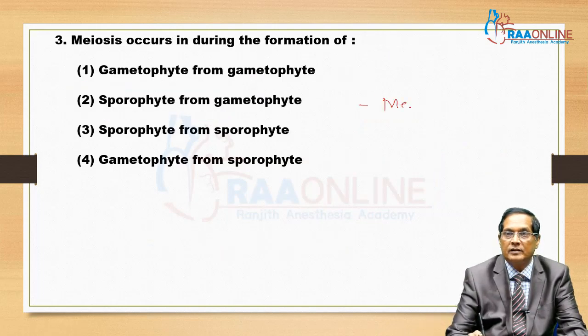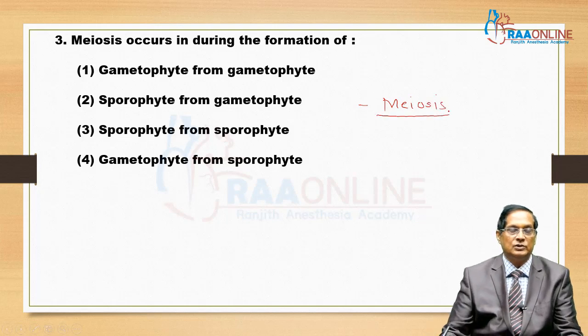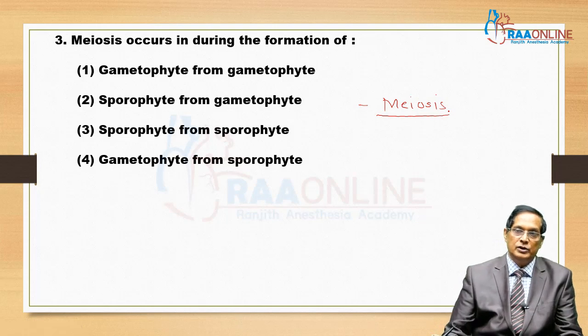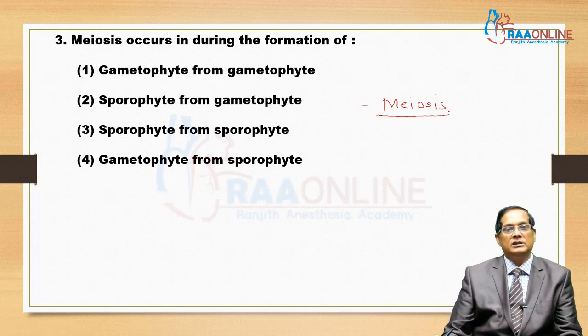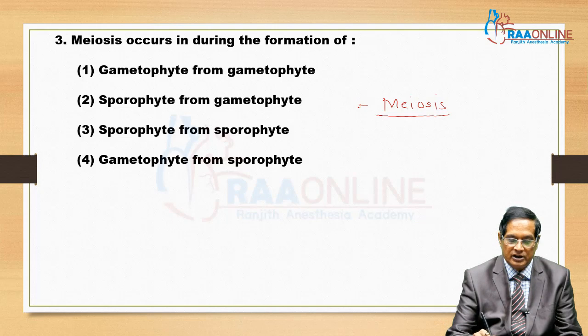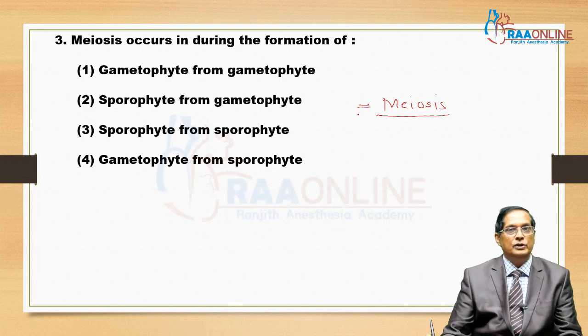Question number 3. Meiosis takes place in sexually reproducing organisms, and meiosis takes place at one particular event in a particular cell, not in all cells. So meiosis, in the case of a flower,